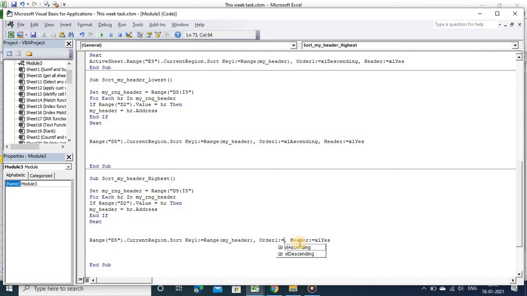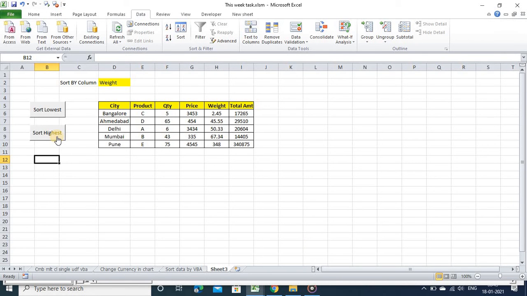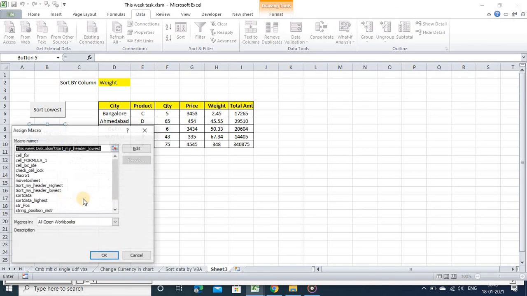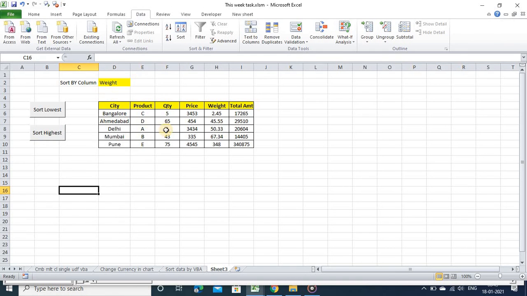Then press control space and this will show you. Now only change assign macro here to highest.